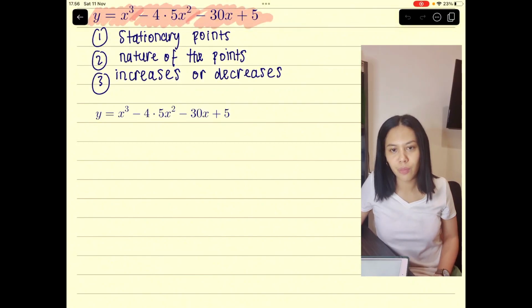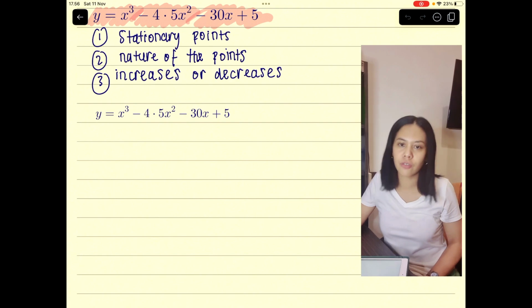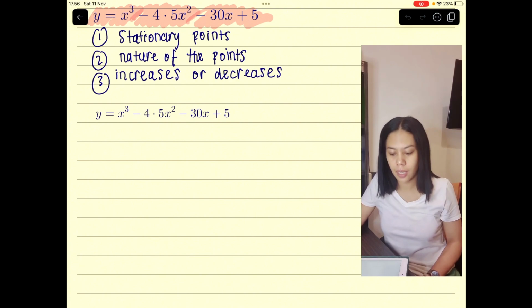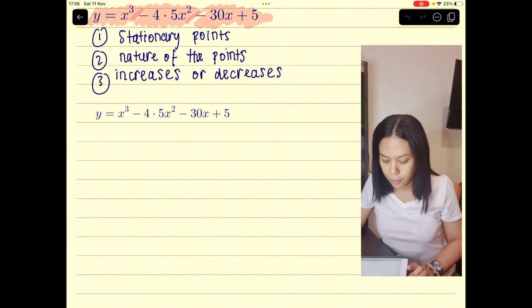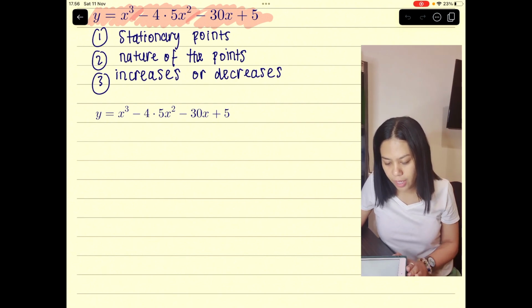Okay, everyone, today we're going to be learning about how to find the stationary points of a function and then the nature of those stationary points and also where the function increases or decreases. Okay, let's start. So we're going to be looking at y equals x cubed minus 4.5x squared minus 30x